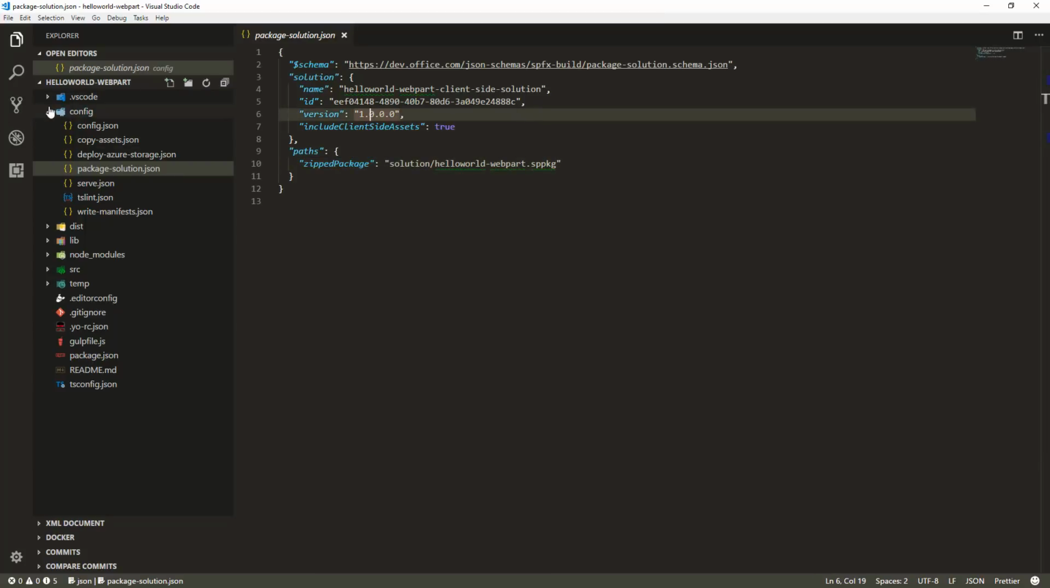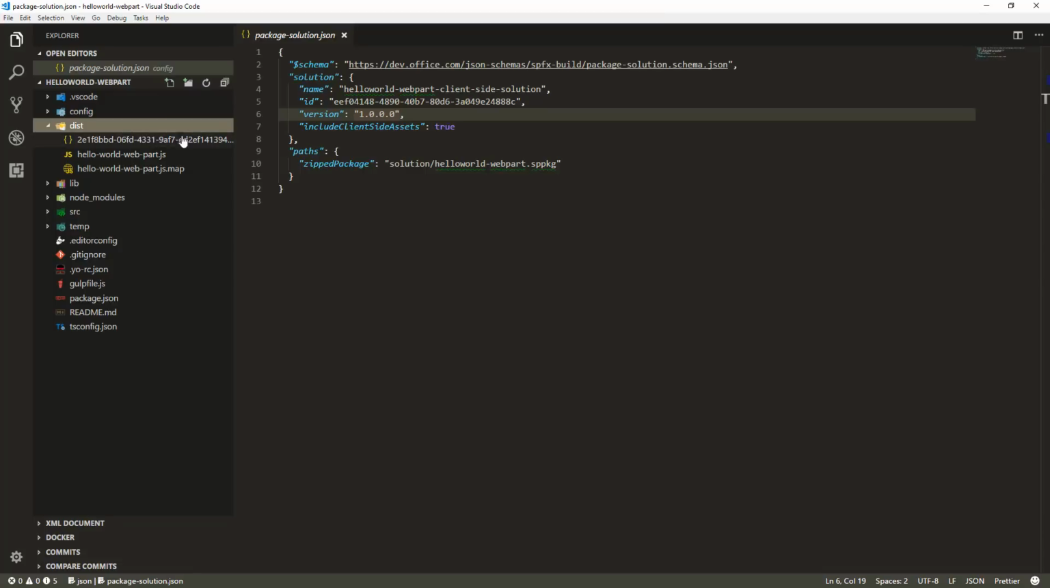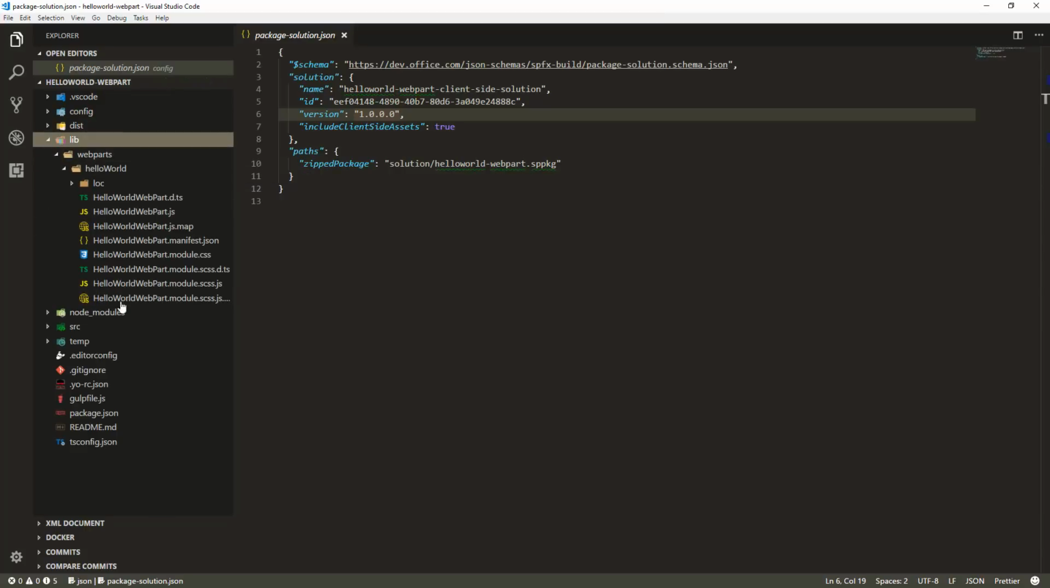Now, the dist folder is more around the bundled JavaScript, essentially meaning whenever we do gulp serve, all of the TypeScript is getting transformed to be JavaScript so that it's supported by all of the browsers, and then this is actually where it's getting served for the browser. Lib is also around the runtime experience of your implementation, so you don't really have to worry about that one